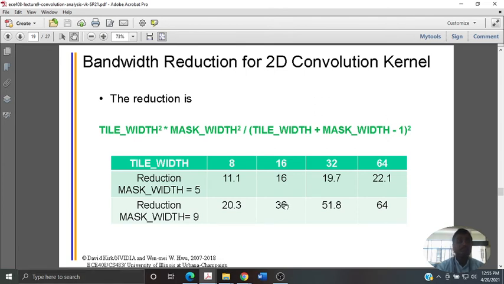What is a feasible size of matrices that has to be considered when you look across the constant mask width? Then there is an improvement, a reduction in memory bandwidth, or less reading from global memory. And even with mask width 9, that is true. For that matter, it has enhanced more. Whenever you look across mask width also, both are enhancing the reduction in global memory access.